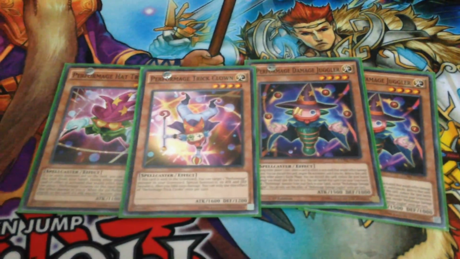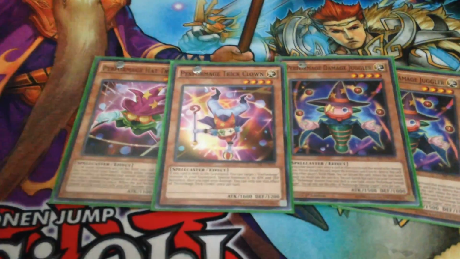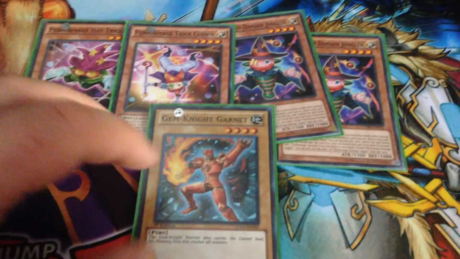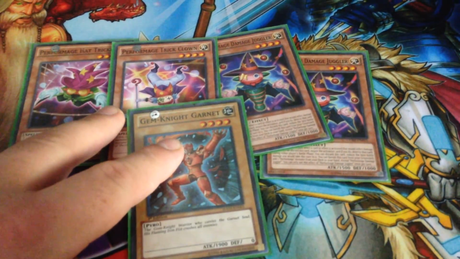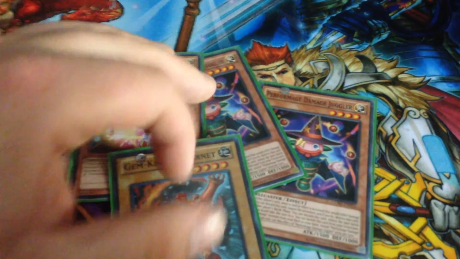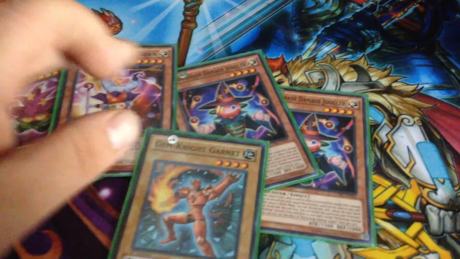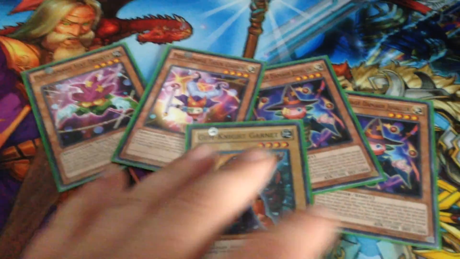As part of the Performage engine, but not really, since it dips into another engine, is the Brilliant engine, for which I ran 1 Garnet. I like to send the Garnet and Trick Clown off of Brilliant Fusion, or send the Damage Juggler and Garnet, so I can use Juggler's effect to search one of these two out. Most of the time it would be Hat Tricker, but